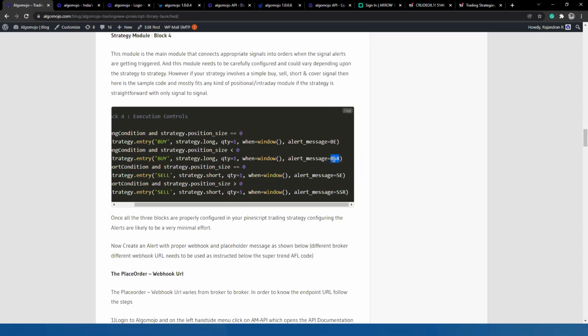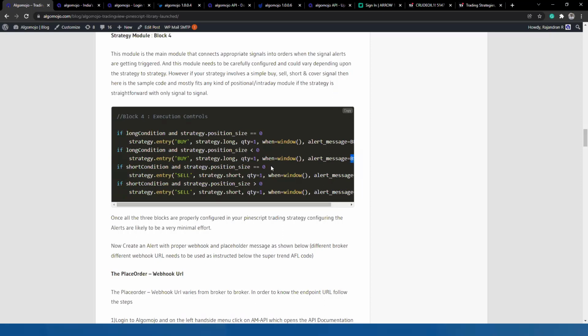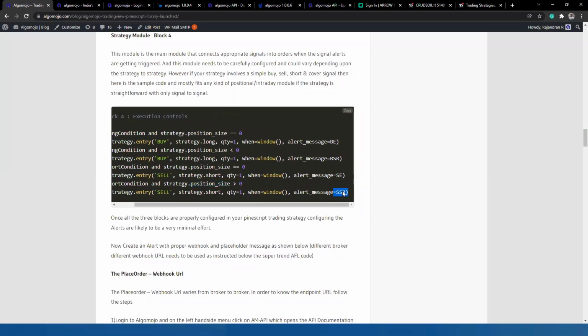So this BSR will have the message to send 2 times the quantity of whatever quantity you had chosen. Likewise, for the first time, for a short signal, this will be fired for the very first signal. From there onwards, it will keep on doubling its positions. If there's already an existing long running, then the position will be converted to short by calling the SSR.